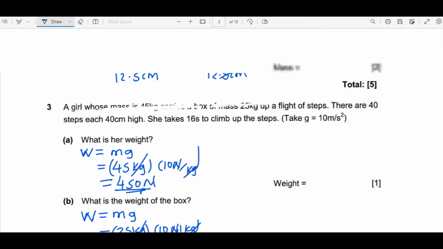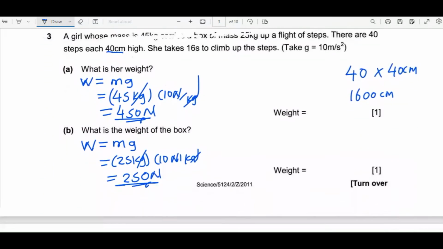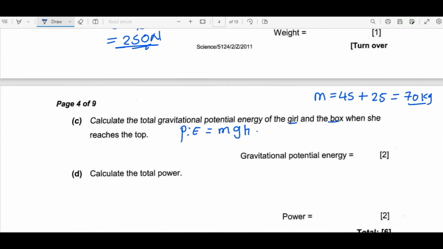So we have the mass. Then what of the height? So the height is, there are 40 steps. Then each is 40 centimeters high. So what are we supposed to do? We need to multiply the total number of steps times the height of 1. So 40 times 40 centimeters high. This will give us 1,600 centimeters. Now the height used whenever you are calculating potential energy must be in meters, so we need to